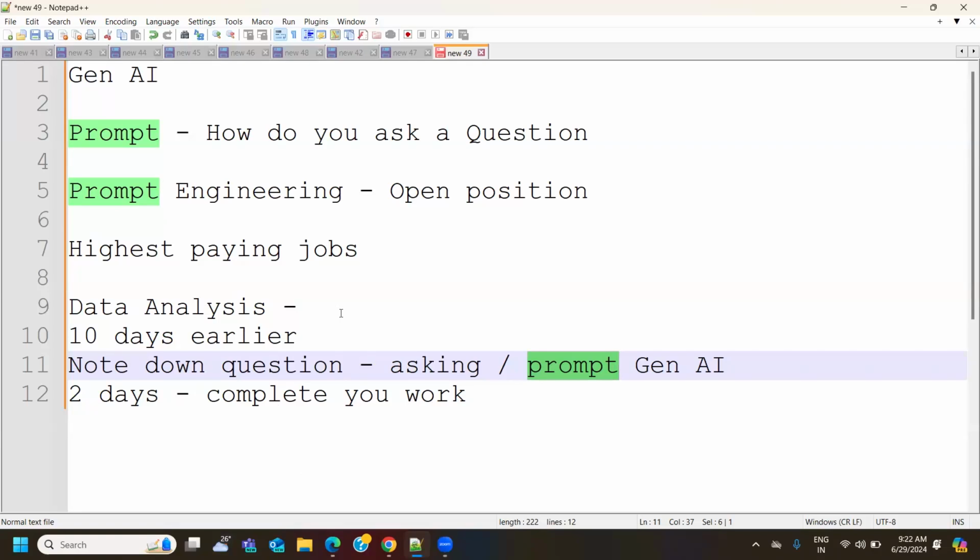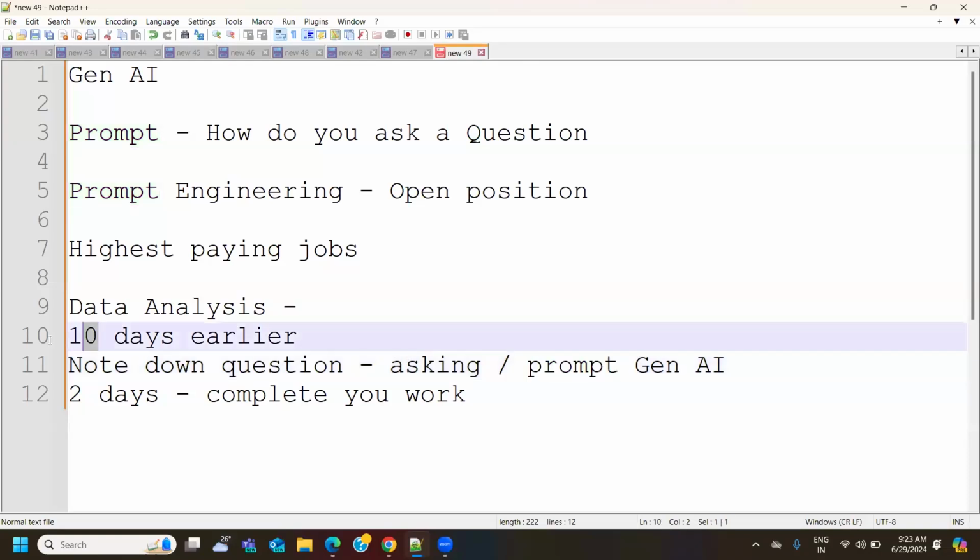Here it will be a bit confusing for you people. If you remove the human presence here, there is no data analyst, there is no human presence, then the prompting will not be that great. The answers which Gen AI would give would be normal answers. So the important thing is that human presence is a must. Earlier it used to take 10 days, now it is only taking 2 days, just because you're prompting the exact requirement to that Gen AI. Depending on that, it will answer that question.